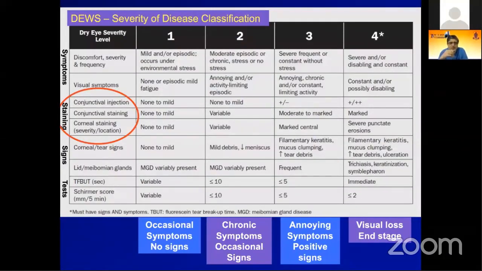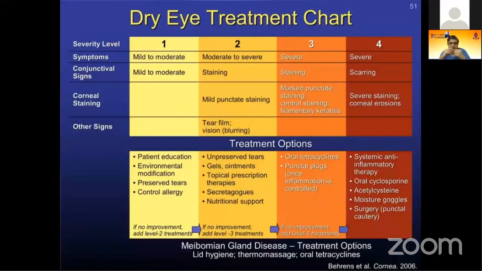We know that a very mild dry eye may be having no real staining on the surface, whereas a patient with a more severe dry eye may have extensive ocular surface staining. So it helps us not only with diagnosis, but also tells us about the severity of dry eye. And once we know what is the grade of dry eye we are looking at, it also helps us to then decide what would be the most appropriate line of management for that patient.